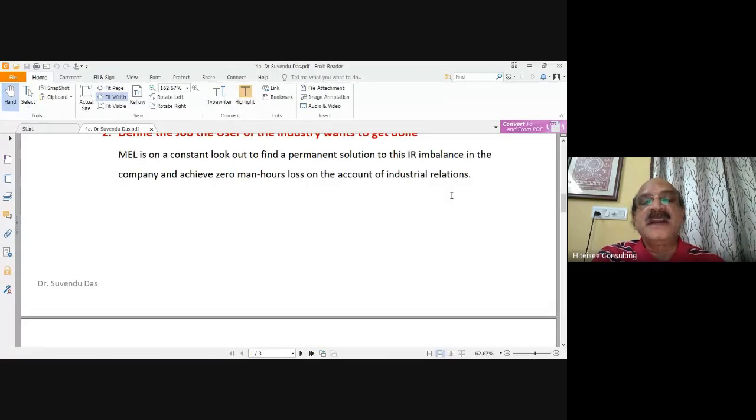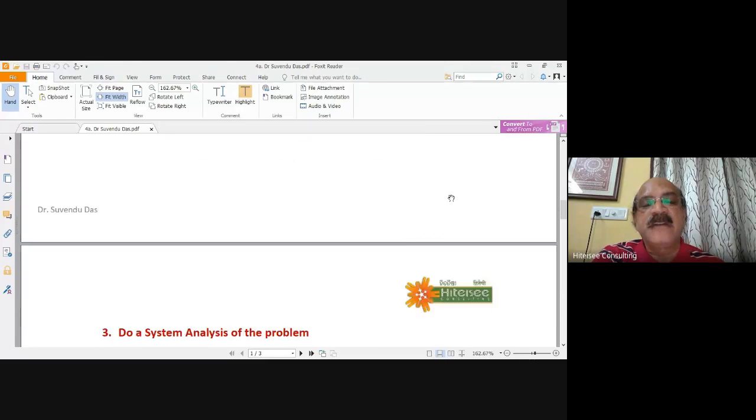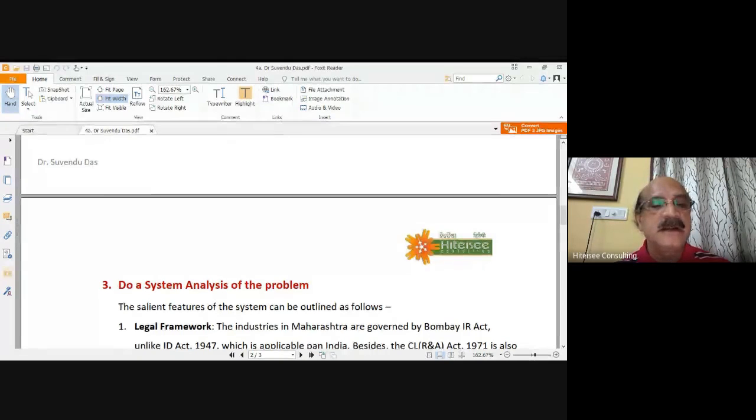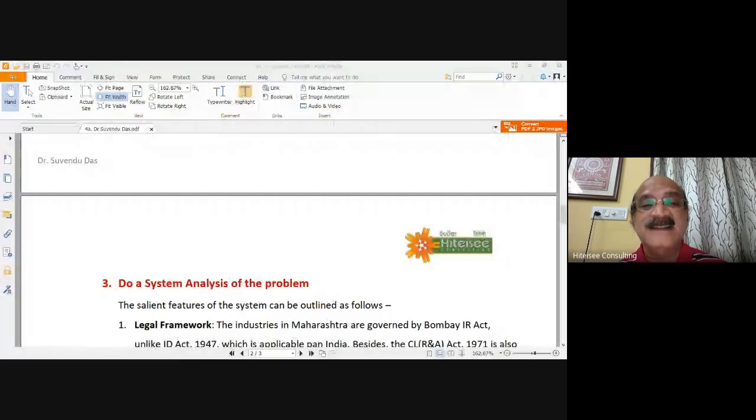When I took over in 2005, the CEO of the company gave me this problem: how to minimize labor unrest to zero man-hours loss, and how to have peaceful and harmonious industrial relations in the company so that there is no problem at all. When I went into the issues and talked to the various stakeholders, the past trends, the systems, the legal processes, everything, I found that it was a complex case,